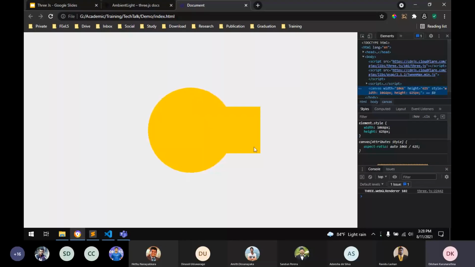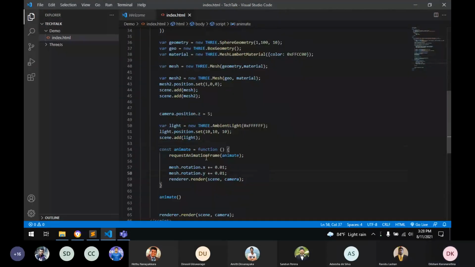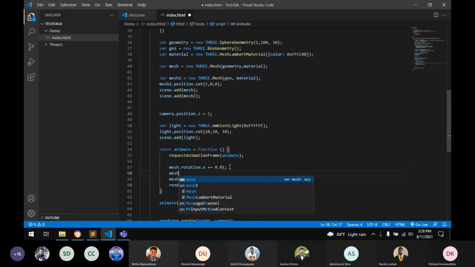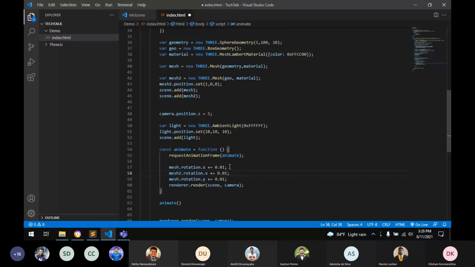So now the sphere is rotating, the box remains still. To do that, we can remove this.